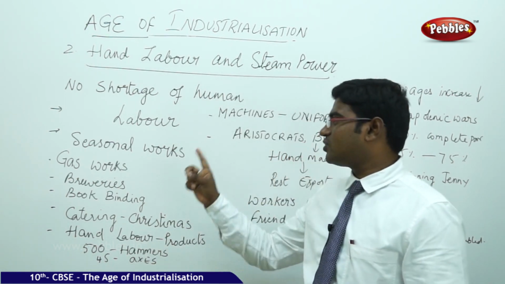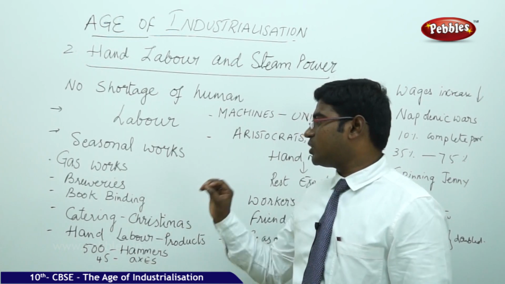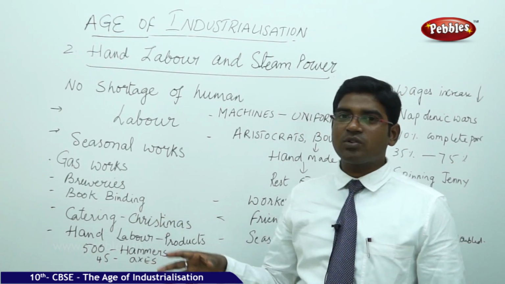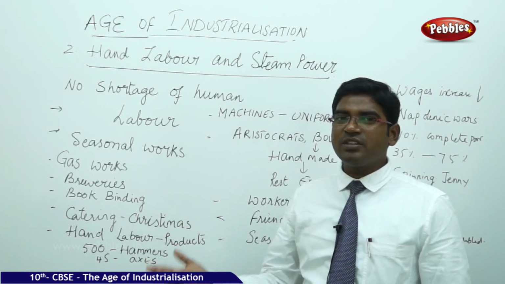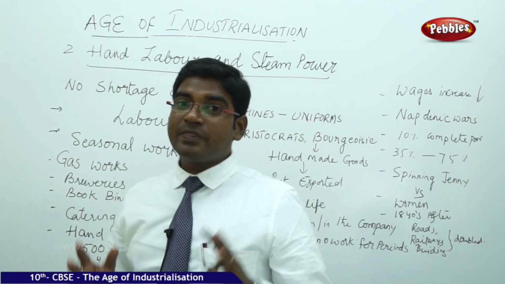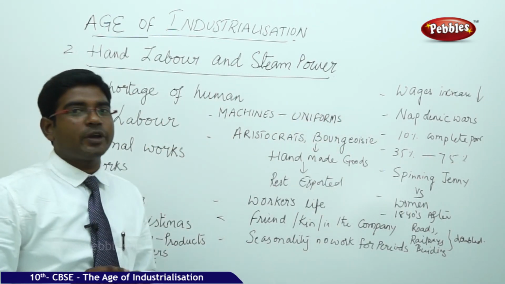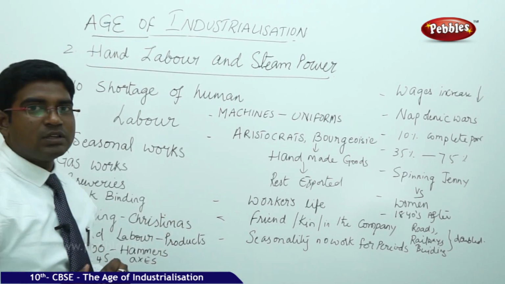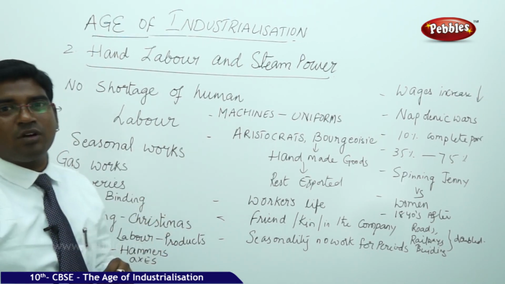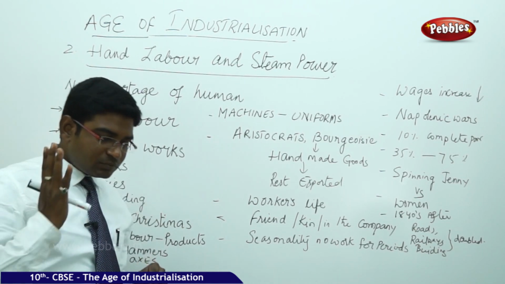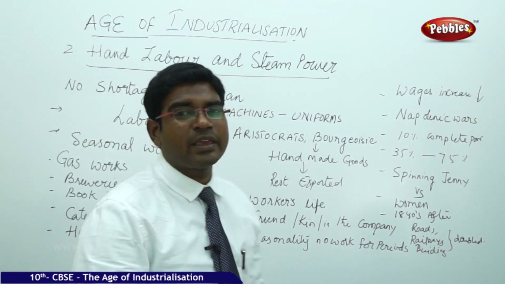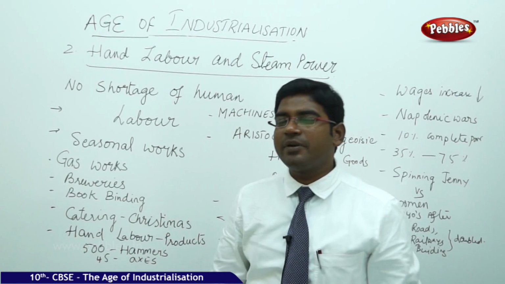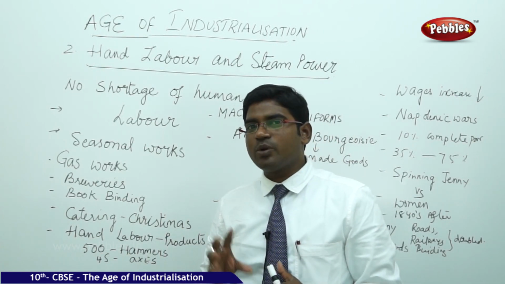There were different categories of seasonal works, like gas work, breweries, book binding, and catering, all emerging during the time of Christmas. And there was a passion among the people in the UK, especially groups like aristocrats and the burghers, who preferred handmade goods. That was also one of the reasons why the Americans as well as the British preferred to have more skilled people